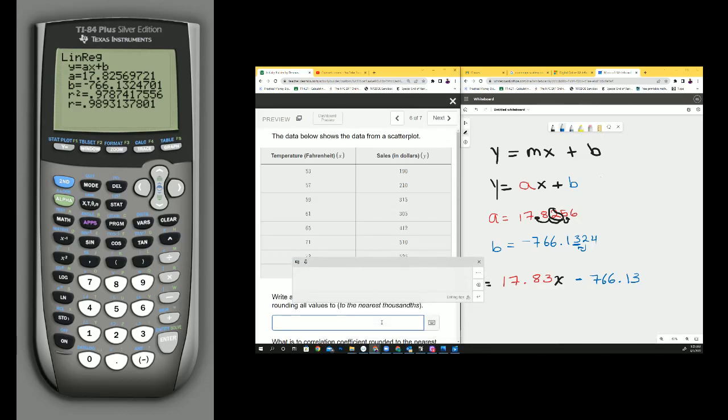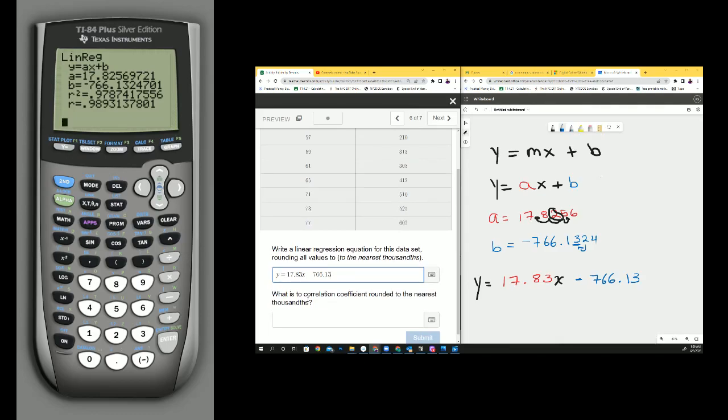All we did is we just replaced the values from the calculator. So y equals 17.83x minus 766.13. Now there's one other thing that we want to look at, our second question says, what is the